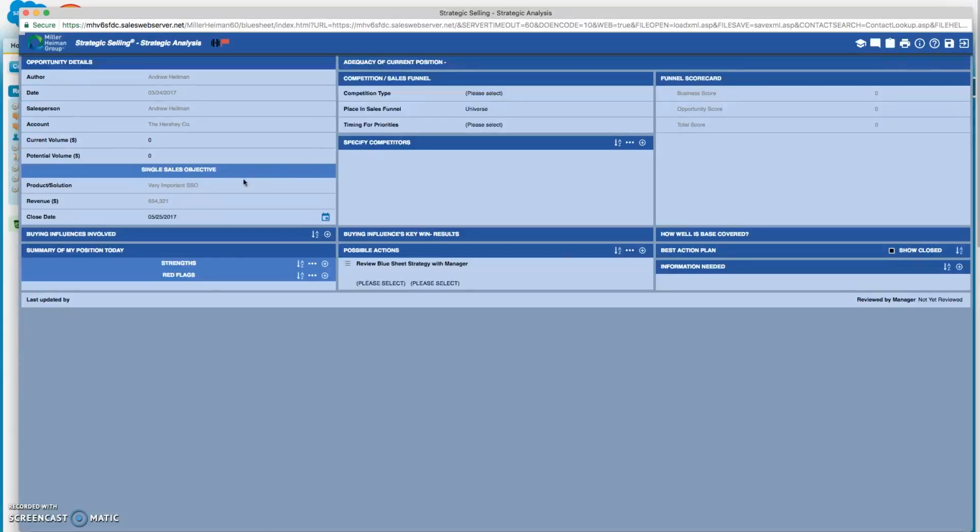My single sales objective section has two fields, the product or solution name, which relates to the opportunity name in Salesforce, and the revenue field, which comes directly from the revenue of the opportunity in Salesforce. Gray text simply means that I cannot edit those particular sections of the blue sheet. If I need to make a change to that information, I'll need to do so back in the opportunity record